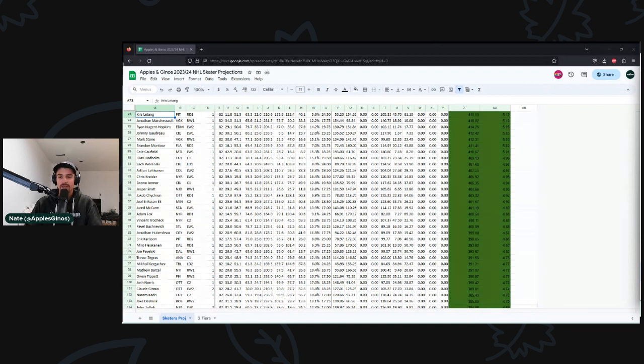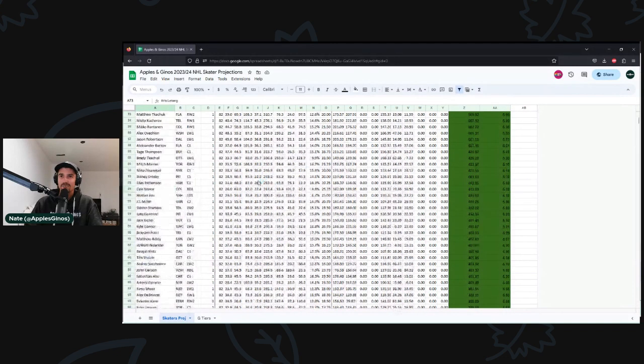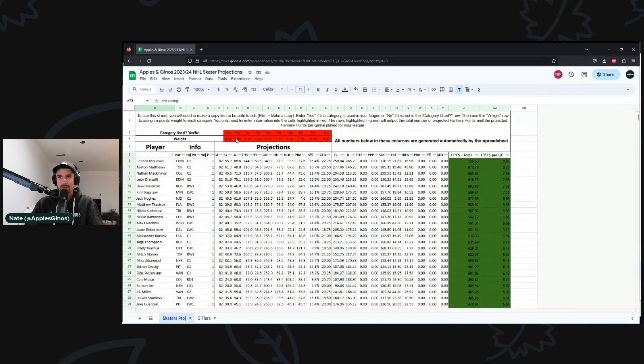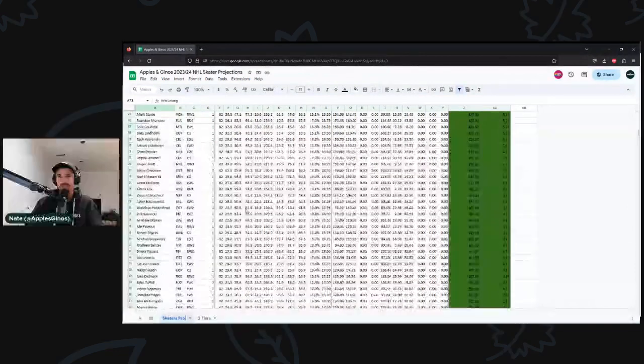So let's start at the beginning. They should be easy to use slash manipulate. They just have to look something like what you can see on the screen if you're watching this on YouTube. This is the Apples and Genos projections. I've built out this sheet so that you can input your point settings right away. It outputs them. You can sort by the number of points, points per game, all those sorts of things. It's pretty self-obvious, intuitive to use. I've got some instructions at the top so that people can use them as easily as possible.